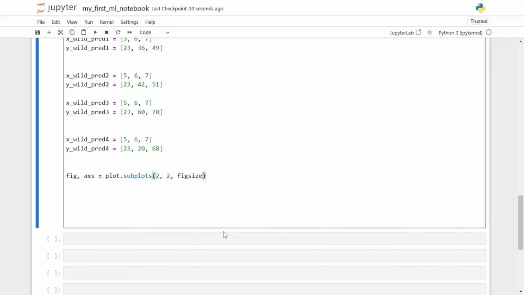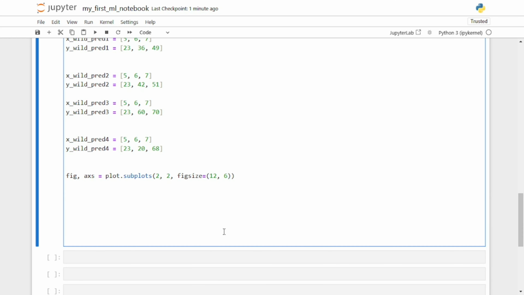So we are going to call figsize as, let's say, 12,6, any size that you like. With this line of code, we have mentioned that we intend to make 4 subplots, 2 in the top, 2 in the bottom. The very first plot on axis will be 0, 0,